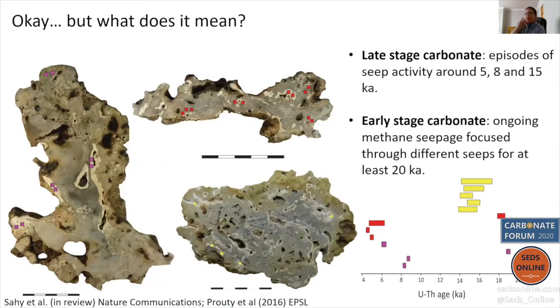The second thing we test for is whether the distribution of our dates matches what we actually expect to see based on sample morphology. So these are three samples from a seep field at Baltimore Canyon, about 400 meters water depth. And all three samples were collected within an area of about half a square kilometer. And if I quickly walk you through the results, what we basically see is we get either statistically equivalent or fairly closely spaced clusters of dates from the late stage carbonates in each sample.